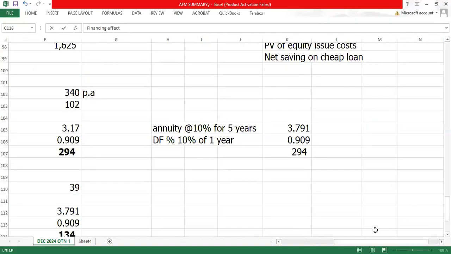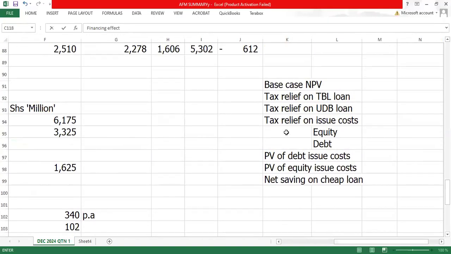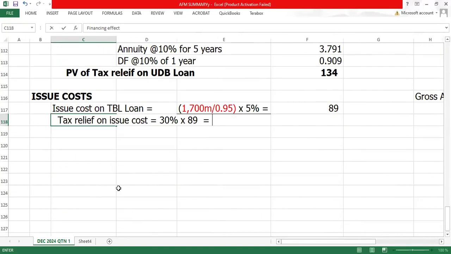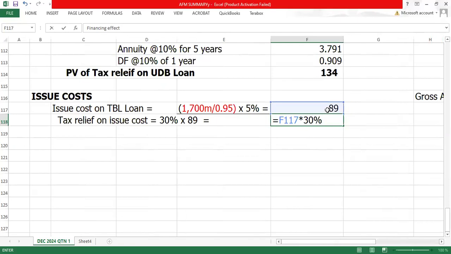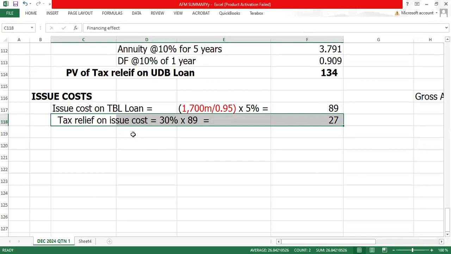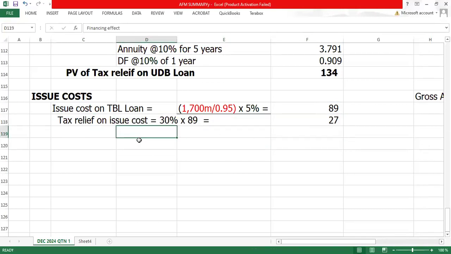Remember, this is what we are following: you have the issue cost, get the tax relief on issue cost. This 89 times 30%. Once you have the tax relief on issue cost, you discount it. I repeat, guys, as you discount,